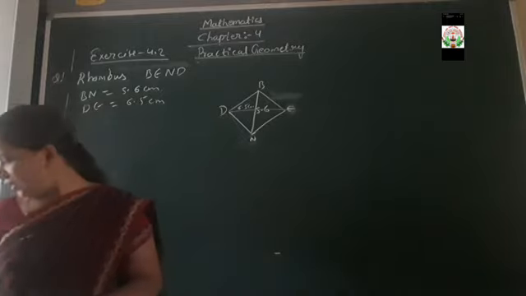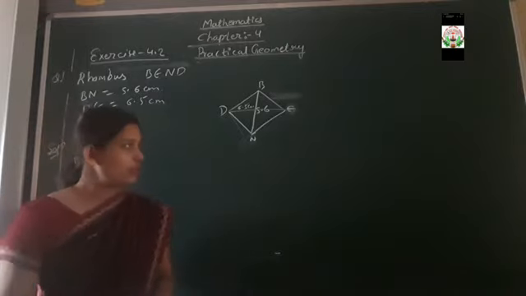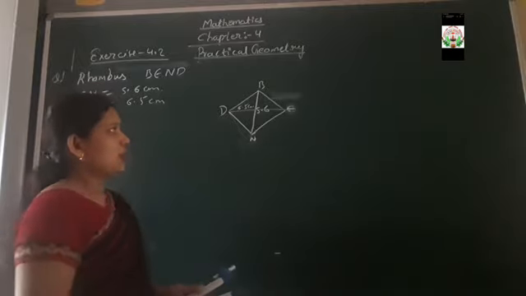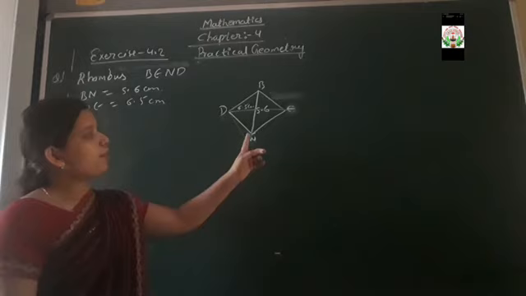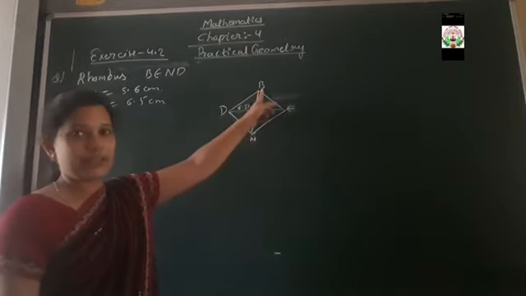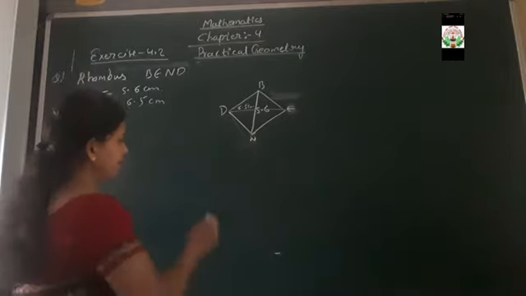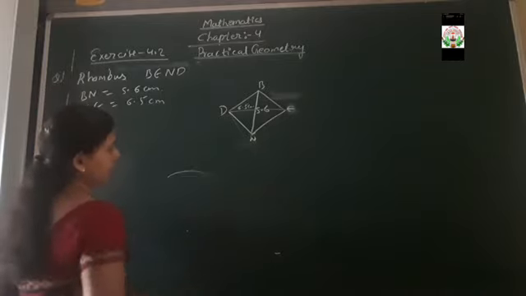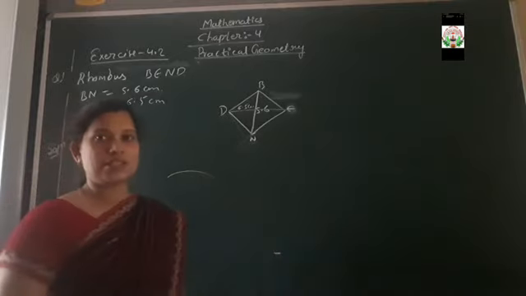Now you will ask me, teacher, how you will going to construct with the help of a diagonal. So dear student, first what you have to do is you have to measure 5.6 centimeter on the mouth of your rounder, keeping the needle at point N. Draw one arc at above. Okay. Then in the same way, first keeping the needle here, draw an arc. Then after, what you have to do? A straight line will be going to passes.